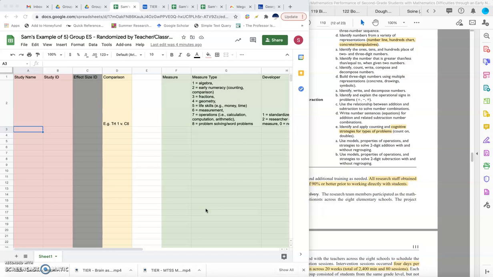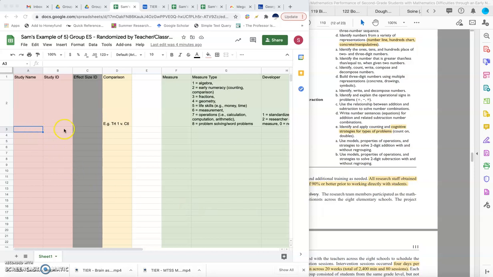So Group 5 specifically is that clustered design, but there's no pre-test data. And again, this is one of those things where if researchers are going to spend all this money to train the teachers, and at this point it's usually an effectiveness trial, usually they spend the money to get that pre-test done. So we're probably not going to find a lot of these, but just in case we do, you would